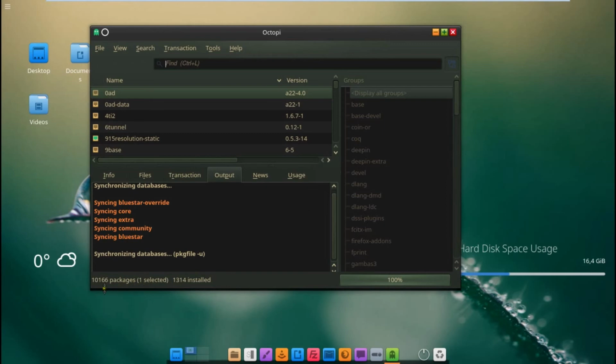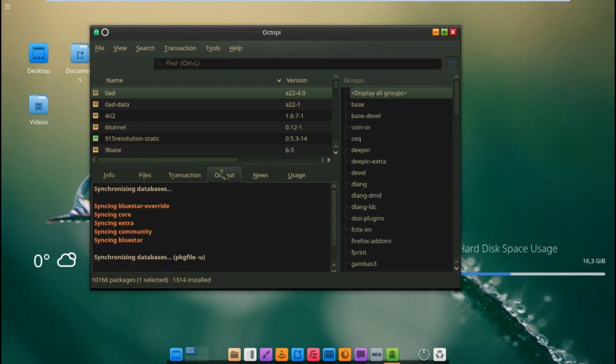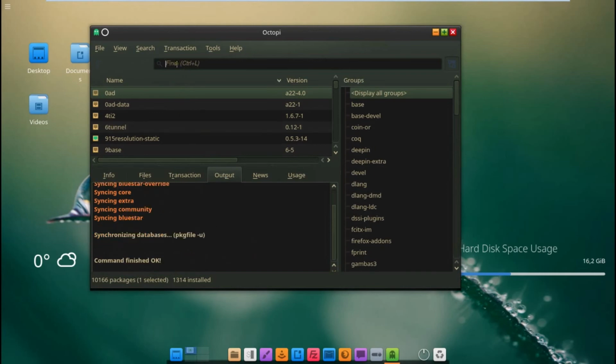Okay, so you can see that 10,166 packages, one selected, 1314. Okay, so it is done. So command finished. So if you want to install more, so if you want to install like this,